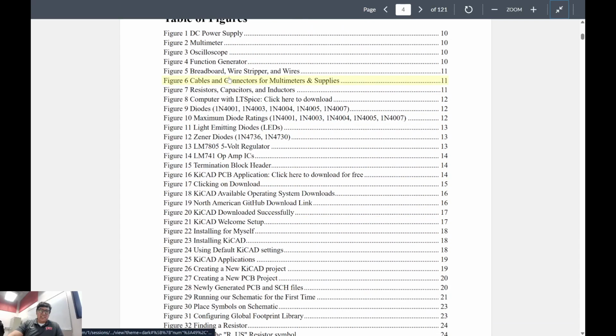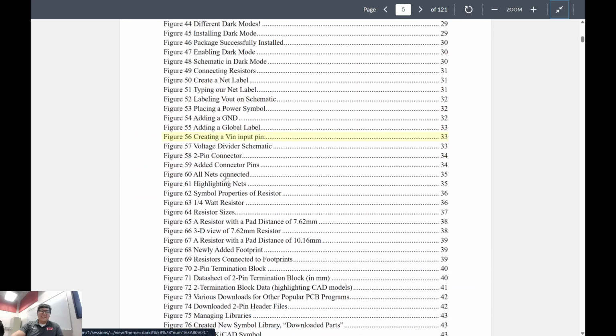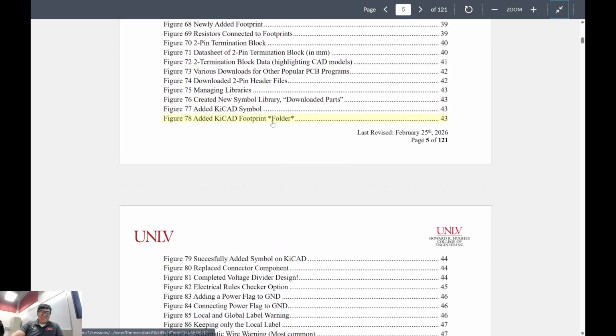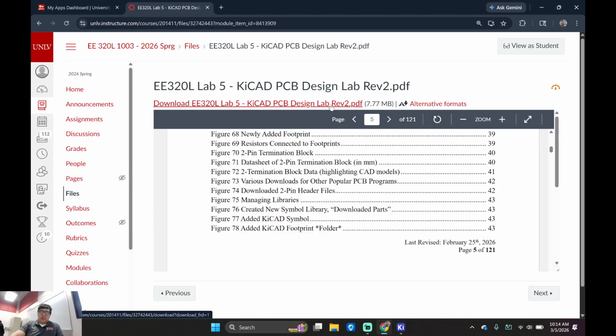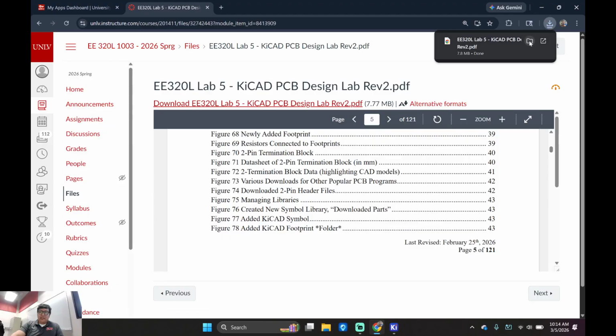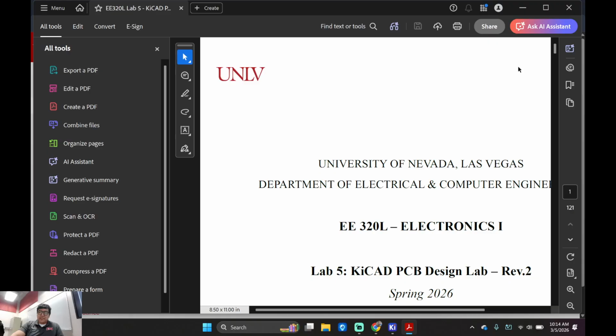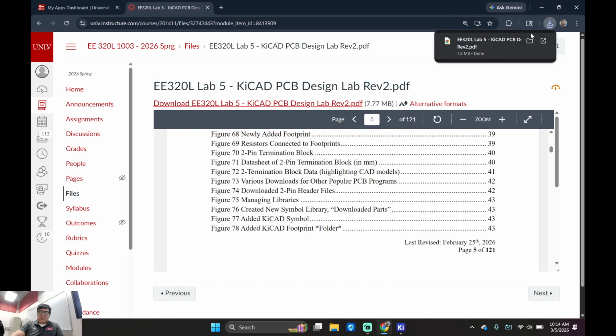Do you like these figures? I put some effort into these, and there's a lot of them. You can't do it here, but if you download it and open it, I don't like Adobe, so let's open it here.